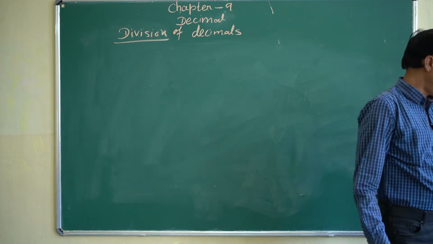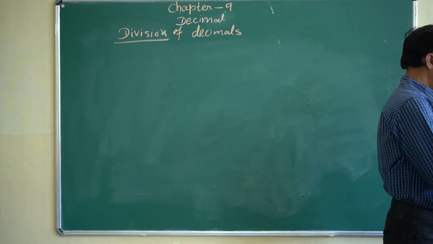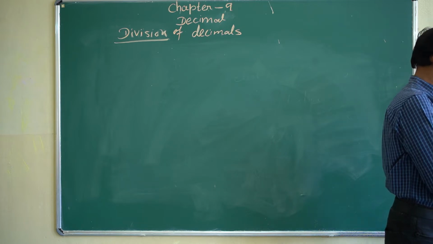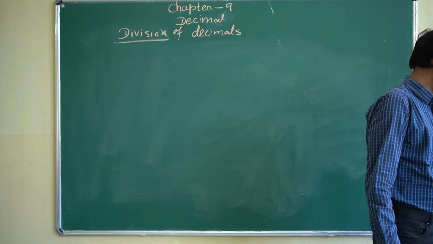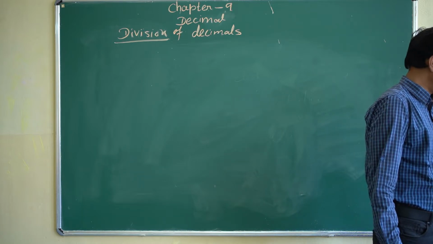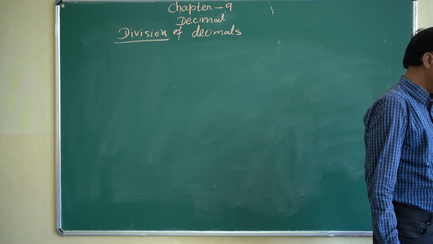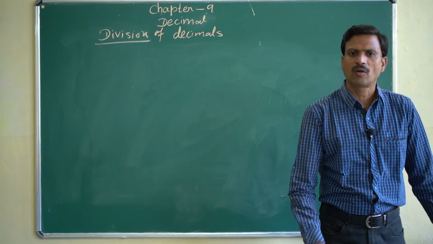If decimal numbers are given, how will we divide them? The process is the same as when you divide two natural numbers or whole numbers. Here also the division is the same. And I already told you how to divide if one number is a decimal and the other is 10 or a multiple of 10,